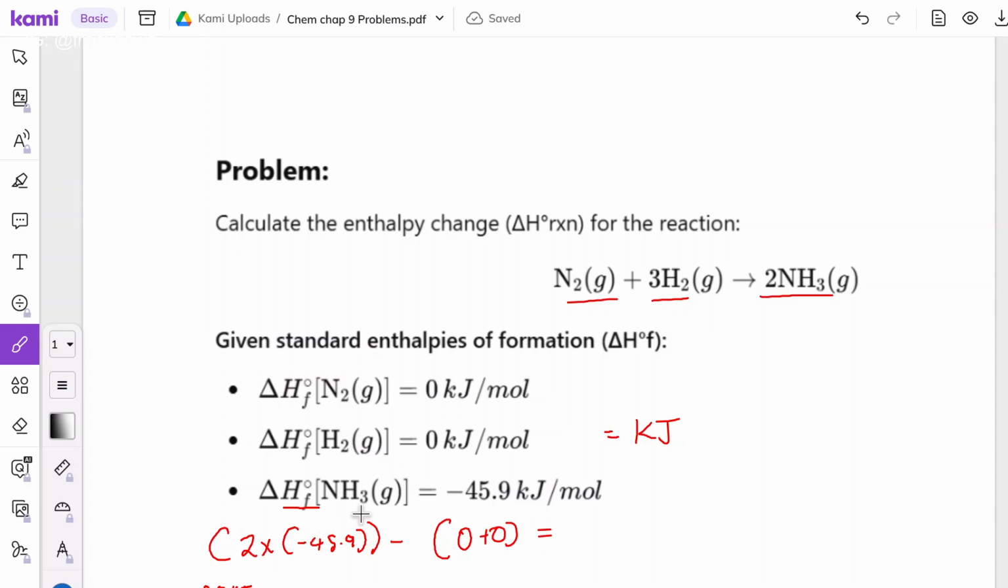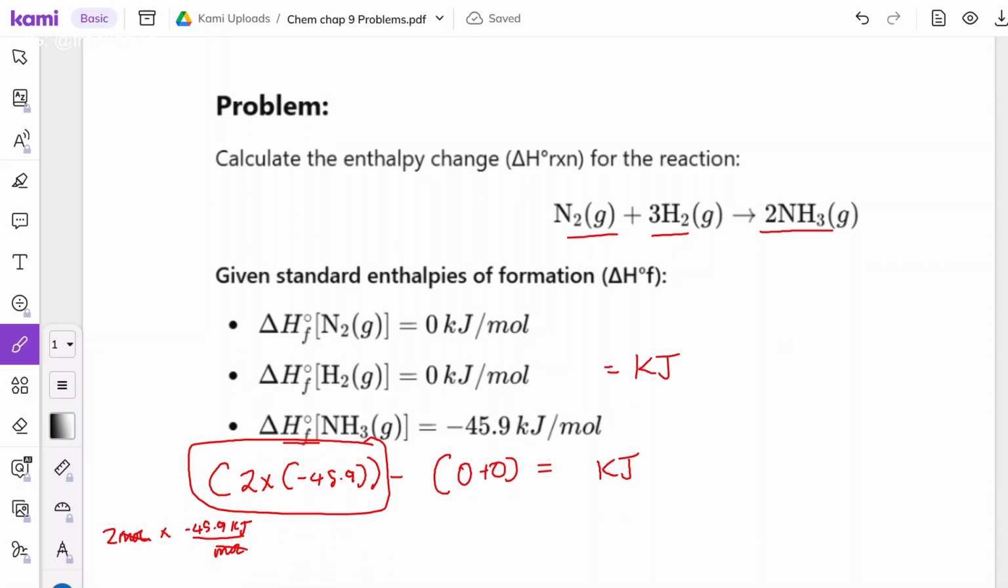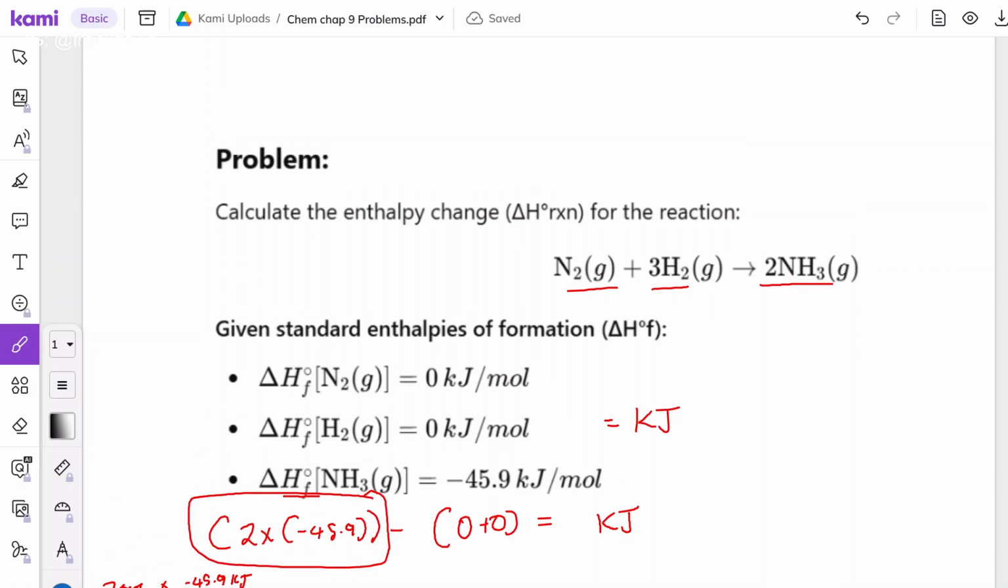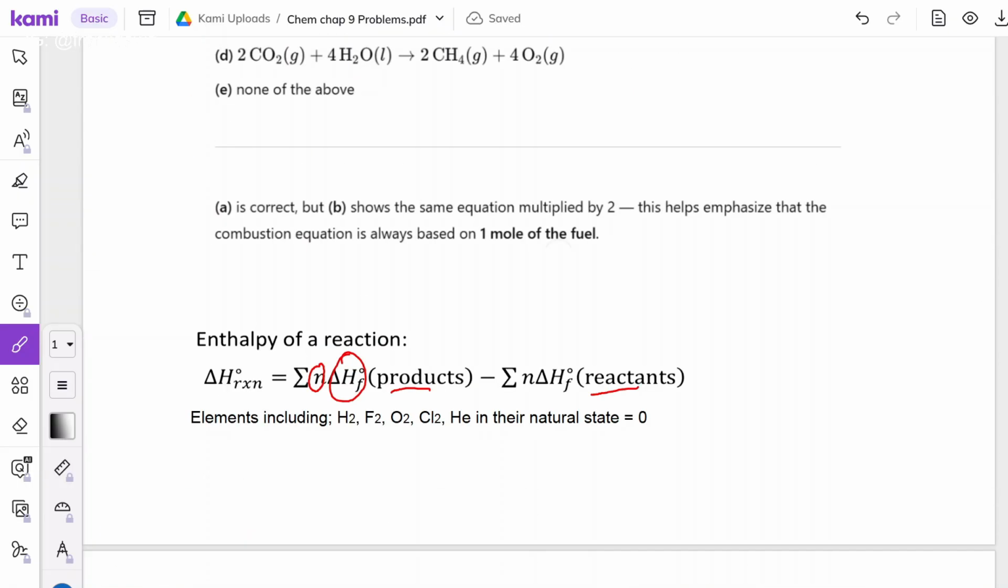And then this is the final answer with kJ as your units instead of moles. That's basically the summary of chapter 9 and almost, I think, everything you need to know